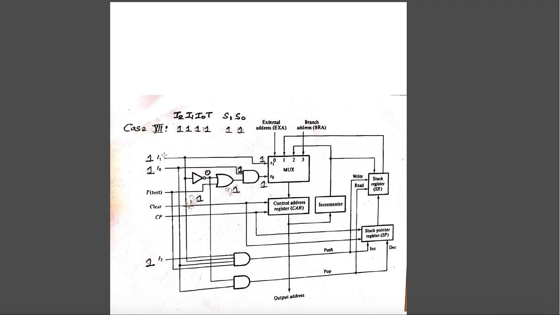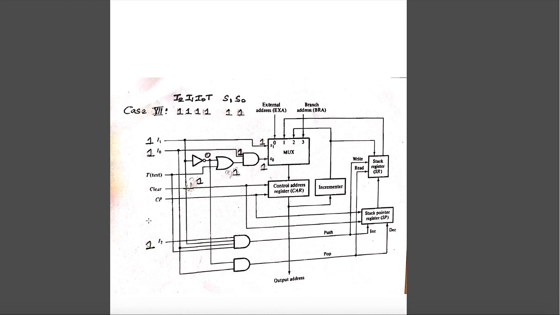This is the special case of subroutine calling. Okay. So when all the values are 1, I1 is 1, so S1 is also 1. I0 is 1, so one of the inputs to the AND gate is 1. Its negation 0 is one of the inputs to the OR gate. But the test case is 1. So 0 or 1, you get 1. So 1 1 here, then it will be 1 1 here. So if it is 1 1, what is it? It is a branch address, right? So it is a branch address, but there is a small difference here.